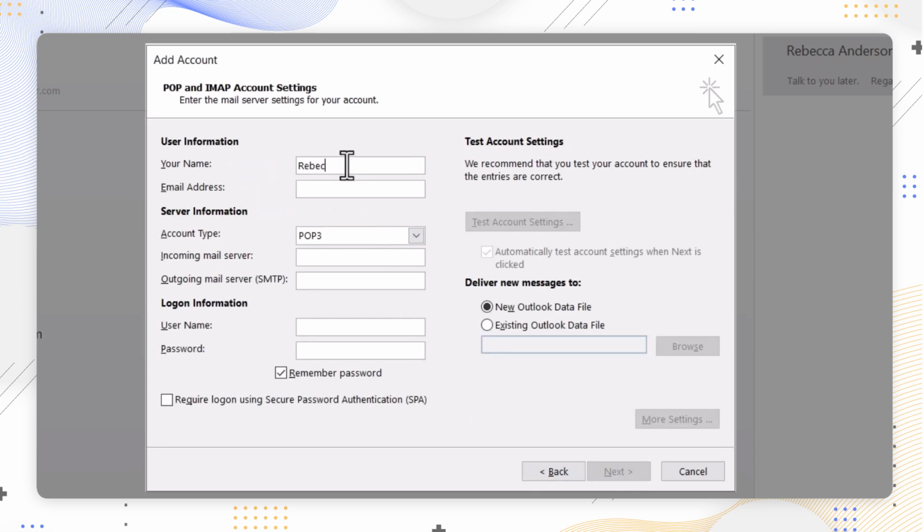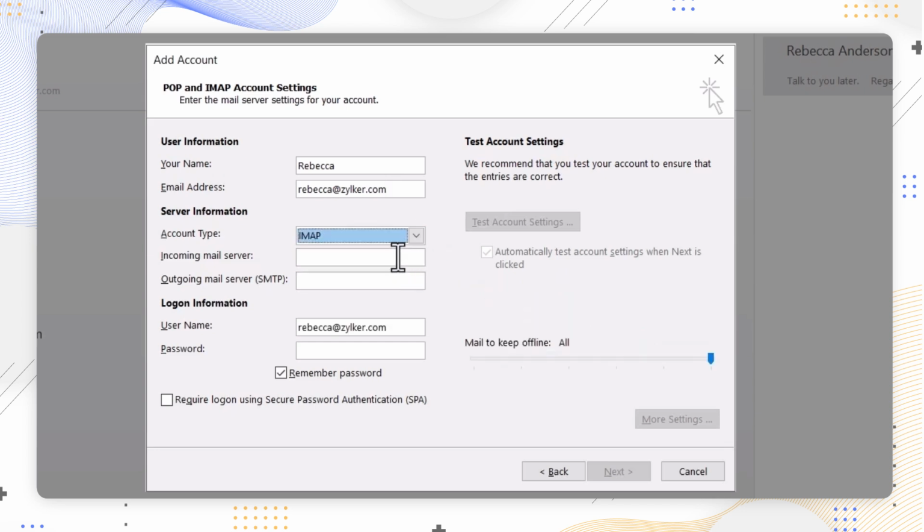Fill in your name of your own preference. Add your Zoho account email address in the Email Address field. Under Account Type, choose IMAP. In the Incoming Mail Server field, enter